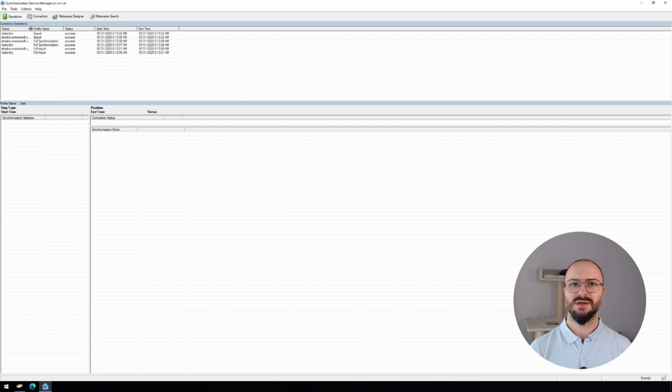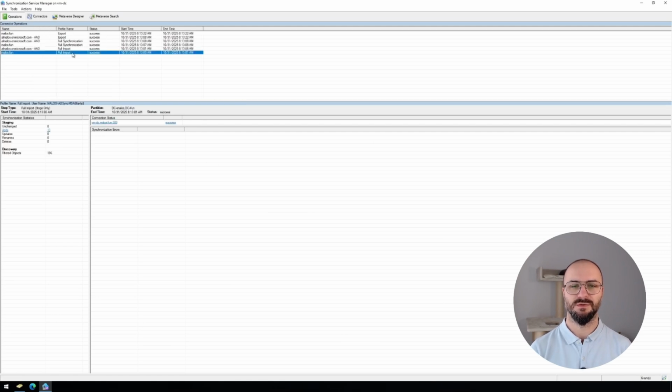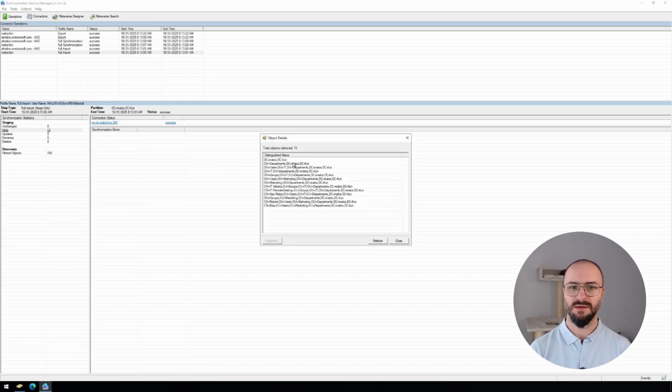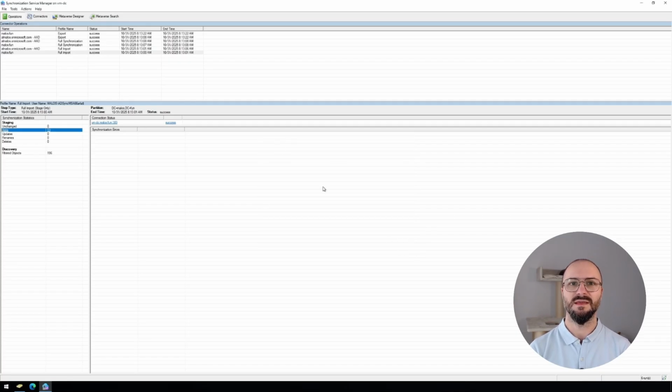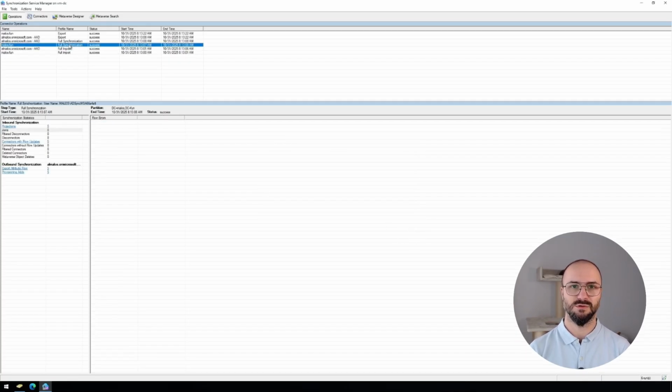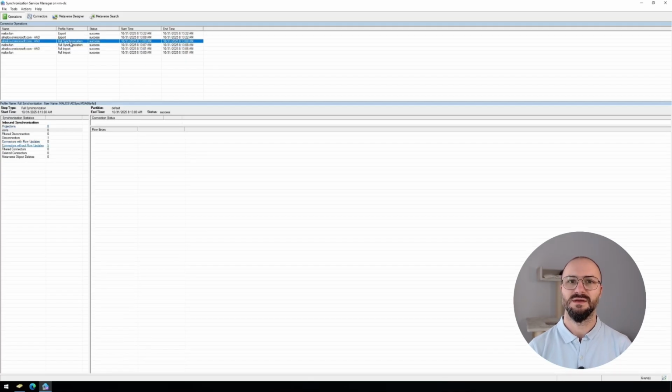On the operations tab, we see the synchronization cycle. It starts with importing objects from AD. It's gonna be sending all them to its database, which is called Metaverse. And lastly, is going to export the objects to the